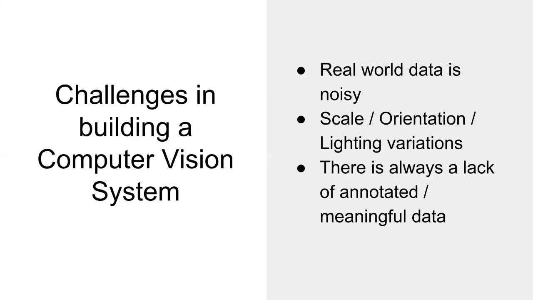So you will get a lot of digits, a lot of variations of how the letter A or the B could be written in the English language. But if you try going to the fields where the problems have not been solved, for things like how to detect if a tumor is deadly or benign, or how to track the joints of a human posture, those are problems which have not been solved yet. And for those, you won't get data sets very easily. You will have to create your own data sets.